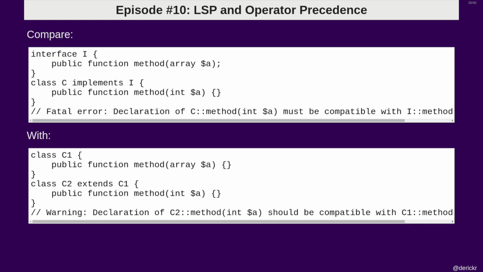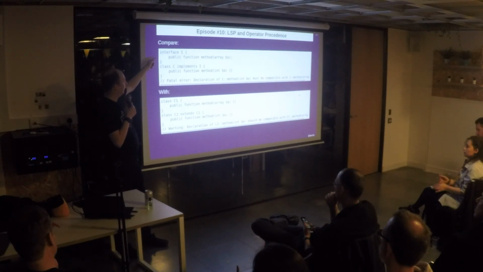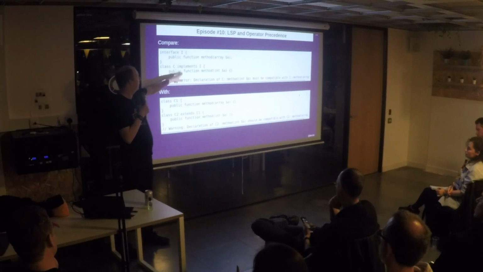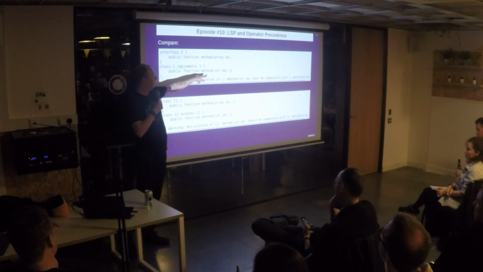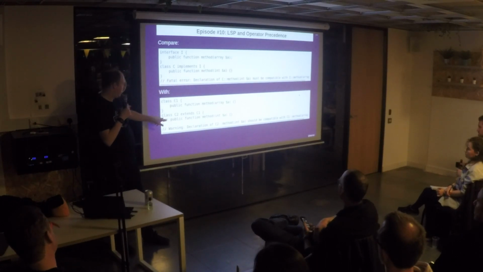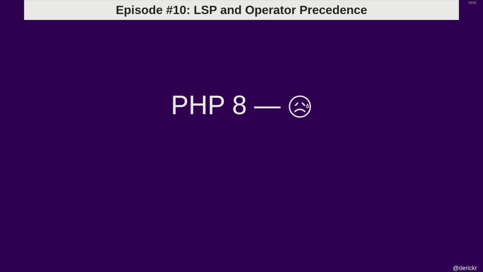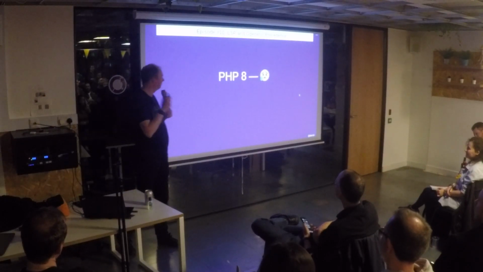All right, we've spoken a little bit about changes to how the typing system works with return types and things like that. PHP 7.4 fixes a few things on how things get reported. In 7.3 and earlier, if you have an interface and the class C implements the interface but changes the type hint, you get a fatal error. But if you do normal inheritance, you'd only get a warning, which is inconsistent, and we don't like inconsistencies. So in PHP 7.4, they will, that hasn't made it into PHP 7.4, so maybe PHP 8.